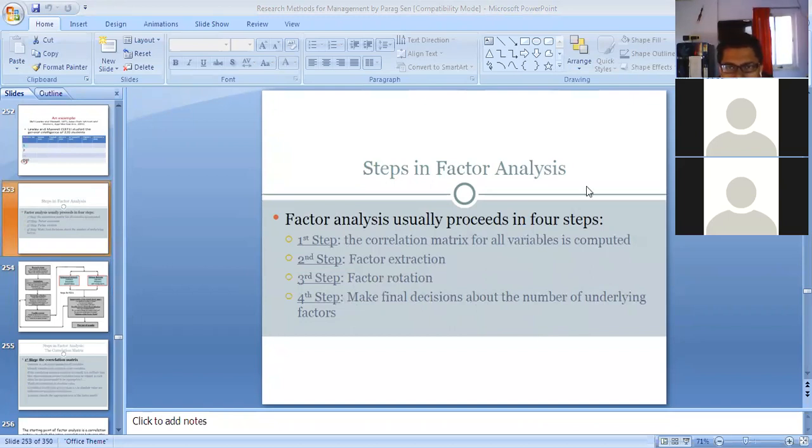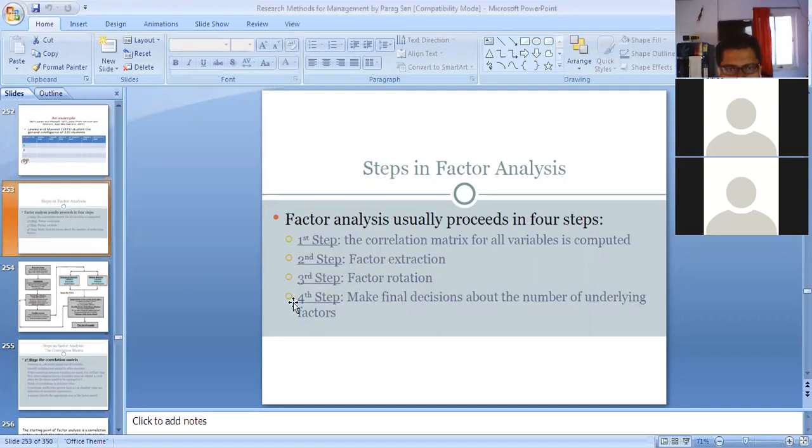Okay, so previously we also discussed the comparison of principal component analysis, exploratory factor analysis, and confirmatory factor analysis. Okay, and also the variables. So today we have completed the first part, the correlation matrix, and also the second step, factor extraction. These things we have already completed. So let's start from the third step, factor rotation.